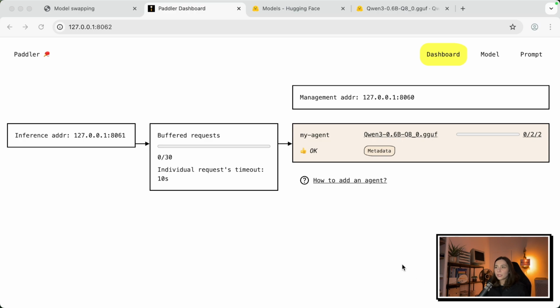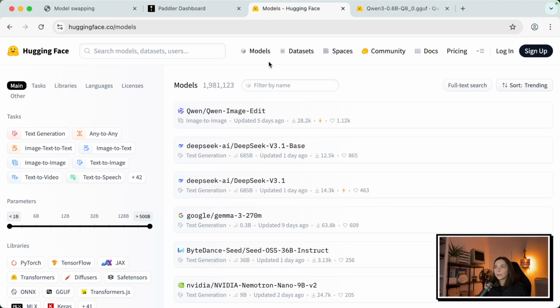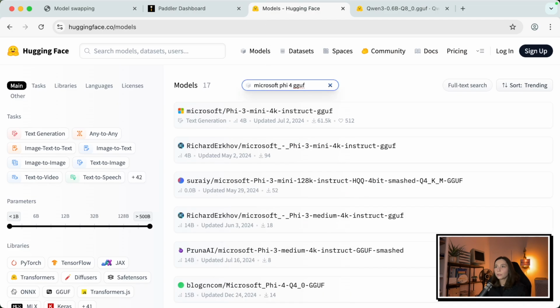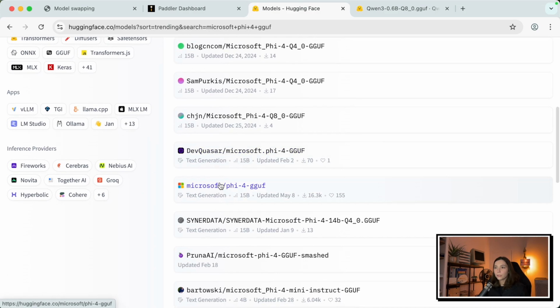So let's check the web admin panel first. And right now my agent is using one of the Qwen models. Let's say that I would like to change that to a Phi-4 model instead. So I will go to Hugging Face, search for the model I want to use, go to the model's page,